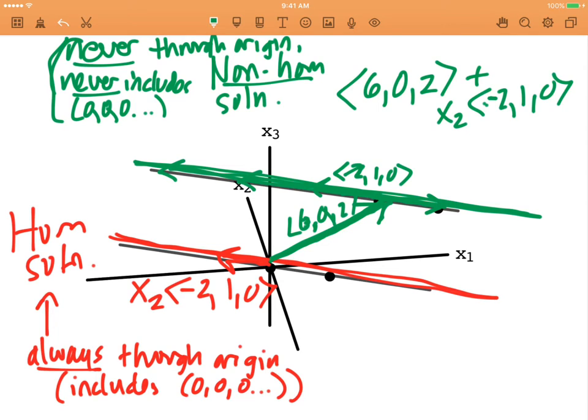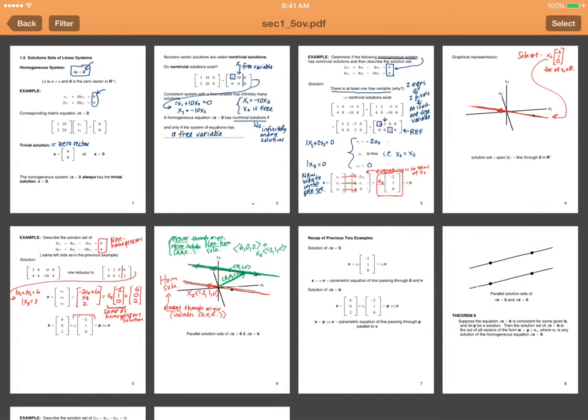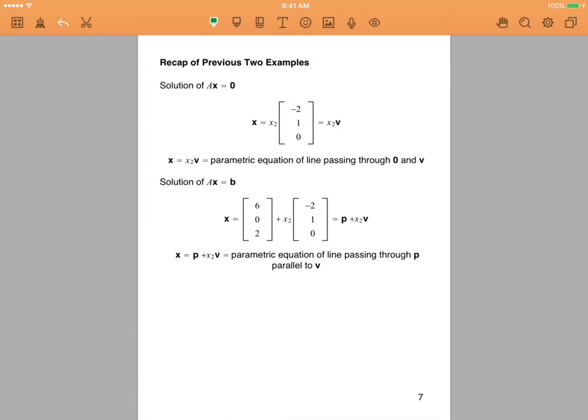So that's another way of thinking of homogeneous solutions and non-homogeneous solutions. Homogeneous ones are always through the origin, non-homogeneous are never through the origin. Okay. Next page. This is now, and that was the highlight. That was really the main point of this whole section, is just comparing those two situations. And now as a recap, here is the